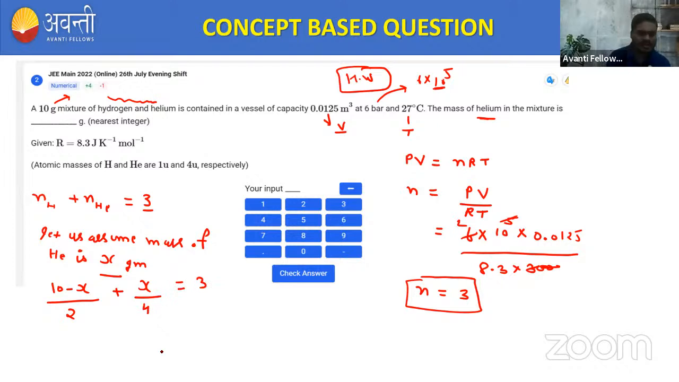सब इसको तो solve कर लोगे. So on solving, what you will get? ठीक है, इसको solve करो. So 2 4s are 8, 4 10s are 40 minus 4x plus 2x is equal to 3. So 40 minus 4x plus 2x. तो ये आगे हम लोग को solve करने पे 40